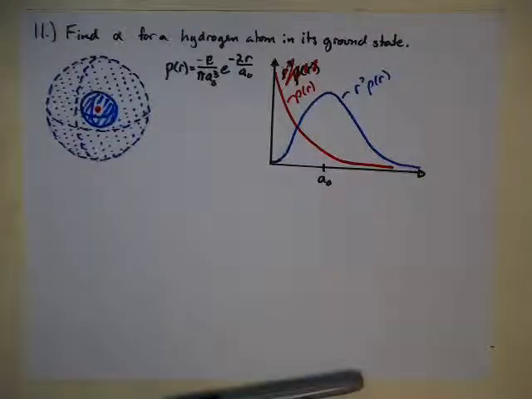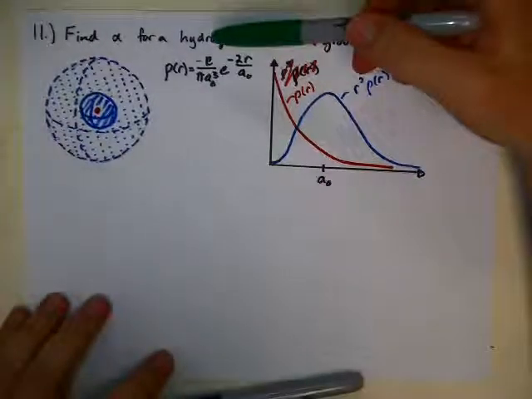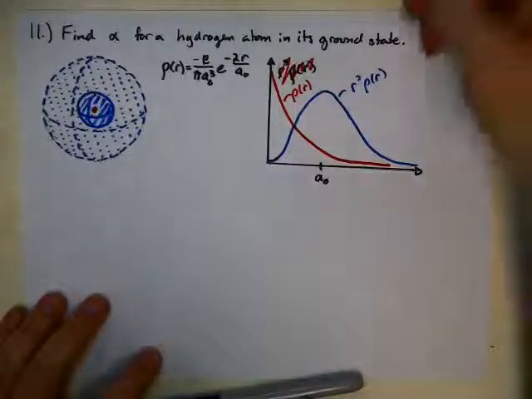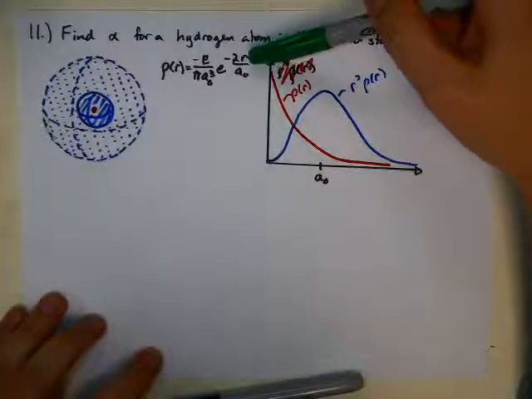Homework 5, problem 11: find the polarizability alpha for a hydrogen atom in its ground state. The charge density for the electron of a hydrogen atom in its ground state is given by this function, where